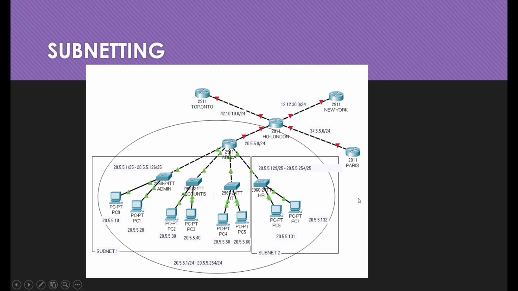So let's assume that we need to separate the HR department from every other department. And what that means is that we can't have one single network only again. We need to have more than one network or subnetwork within the main parent network. So in this case, we have the parent network, which is